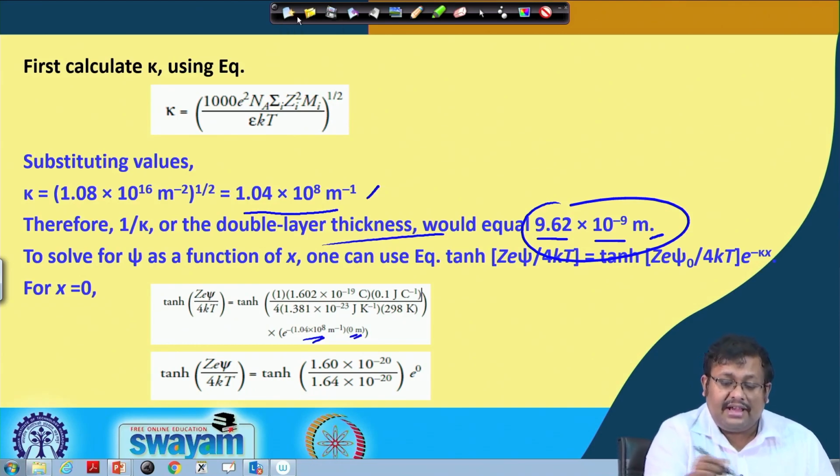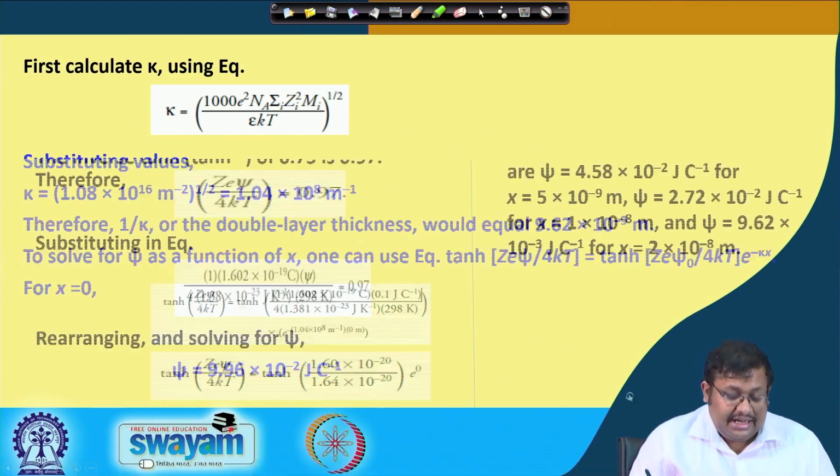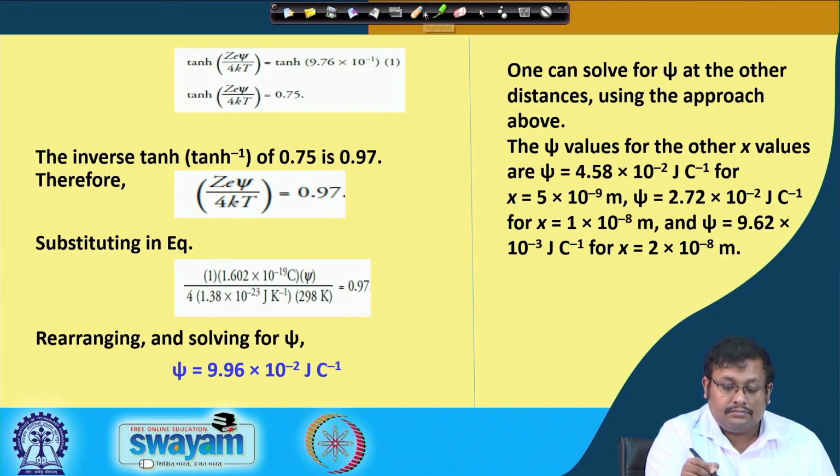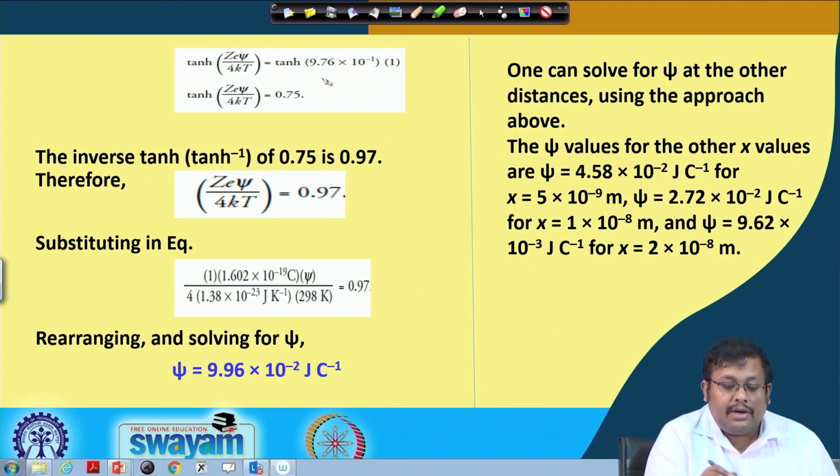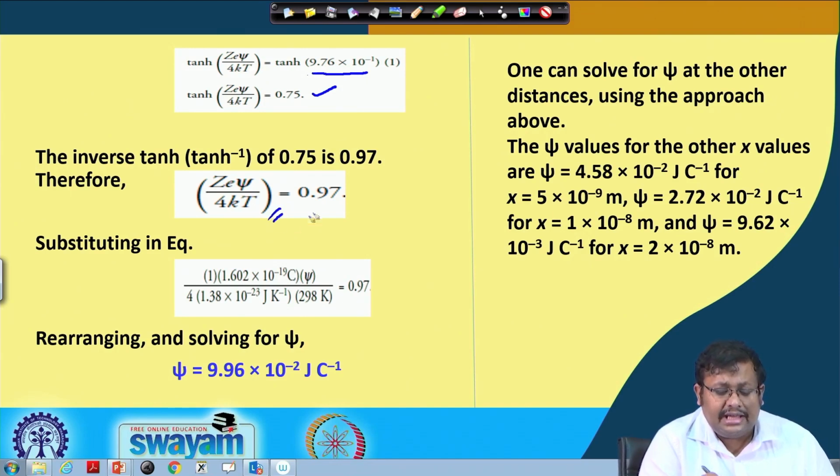If we simplify this equation, it will turn into tanh equal to tanh 9.76 into 10 to the power minus 1 multiplied by 1. So, tanh equals 0.75. If you take the inverse of tanh, then obviously we will get this value, that is z psi by 4kT equals 0.97, and